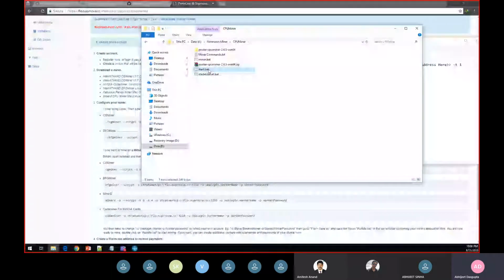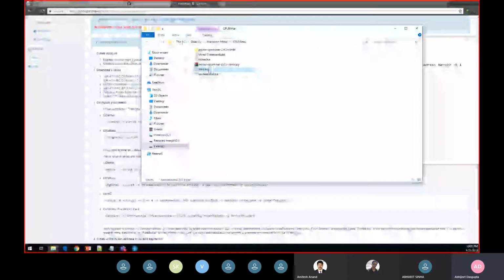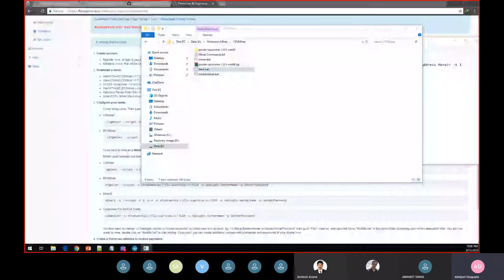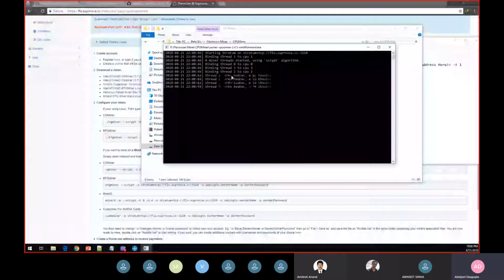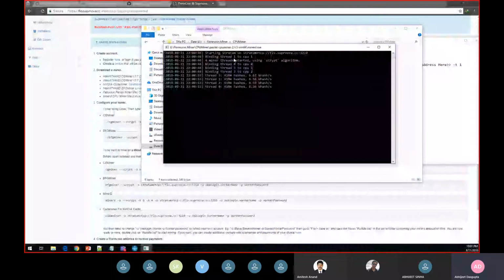Let's just start it. Once we start it, this screen comes up and it starts the entire mining process. What you can see on the screen here is that my computer's 4 CPU cores are being used for this mining operation. What I am contributing to the entire mining pool is 6.62 kilohashes per second. In mining terms, this is very low.